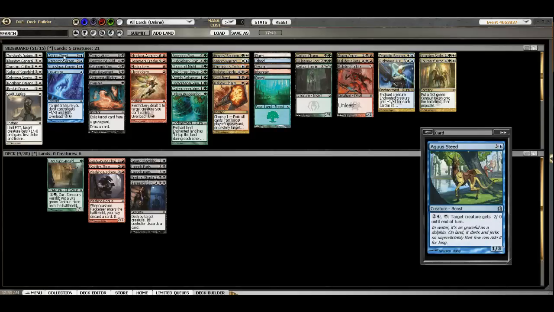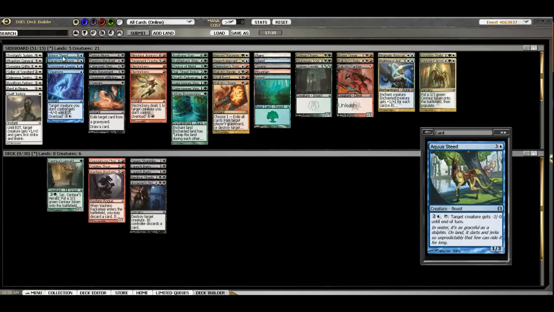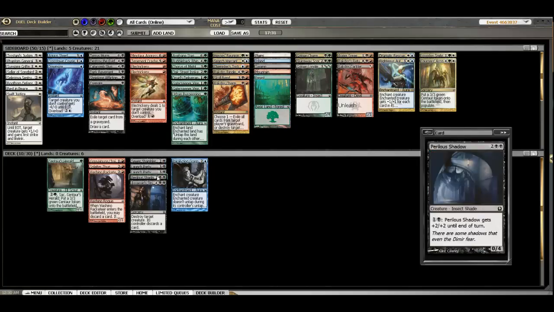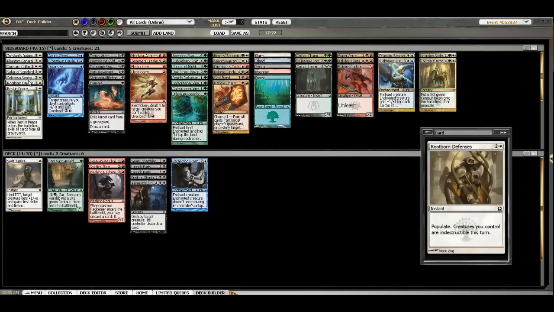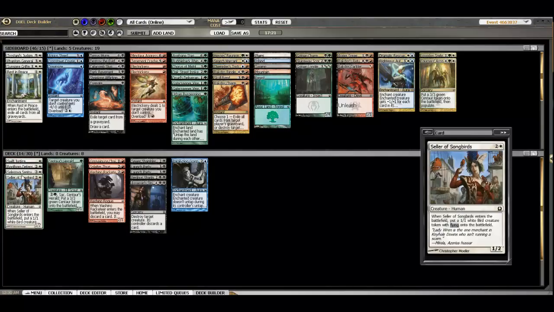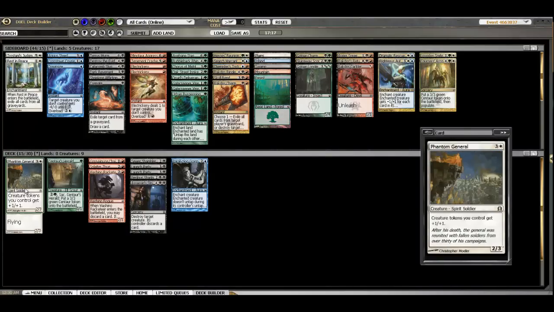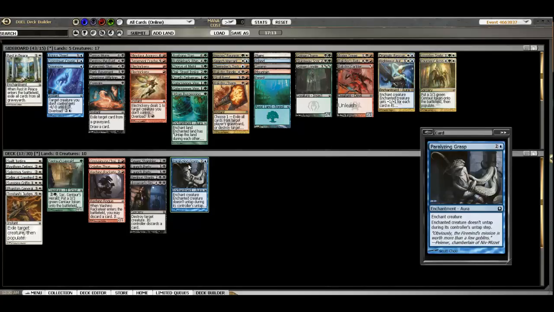In blue, looking pretty light. I don't know that any of these cards are incredibly playable. Maybe just Grasp. In white, Sentry, Cellar, Griffin, General, and Judgment. Alright, so...